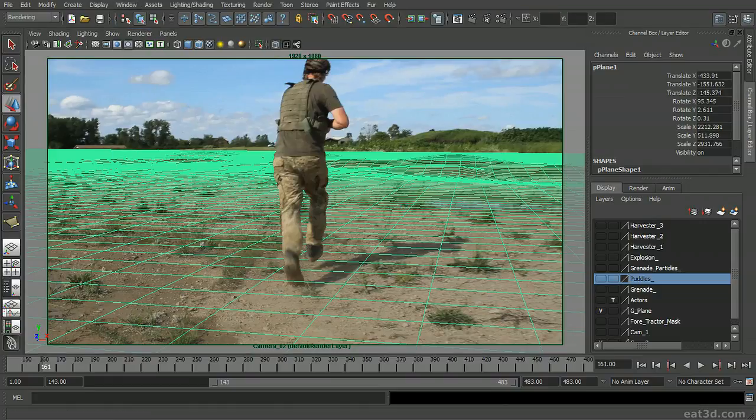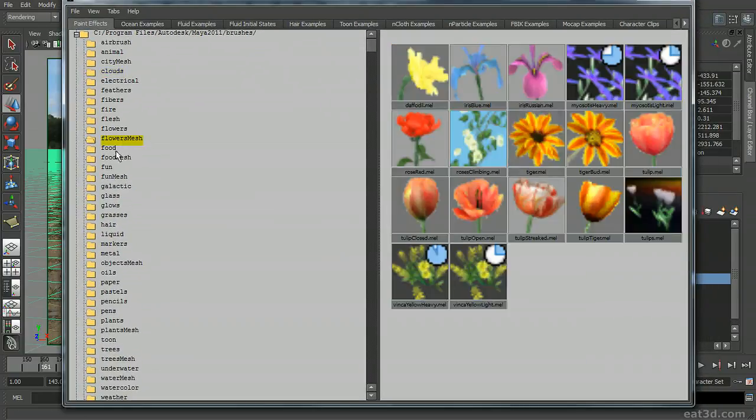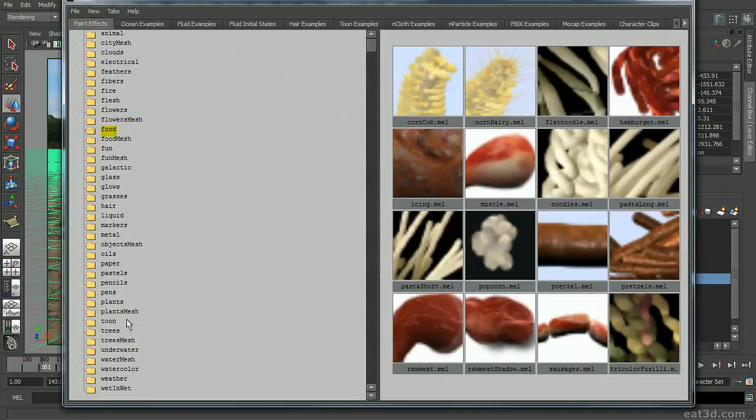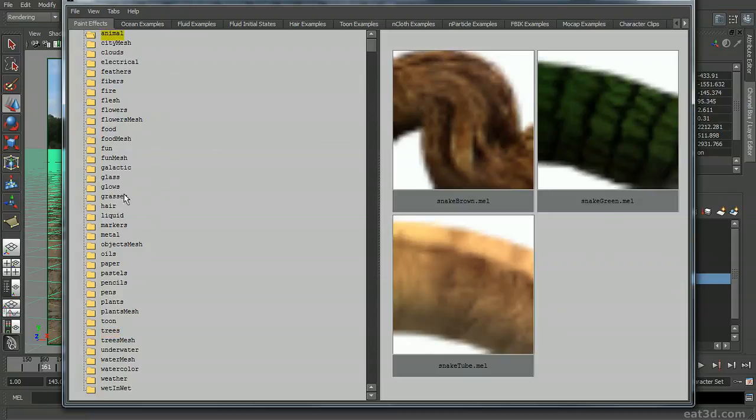Give that a minute to load up. Visor has a ton of things in here, from clouds to flowers to food. What we're looking for is mostly trees and shrubs and so forth. So if you can see right here, trees are really nice if you have a tree or something like that. But there's other things in here, like for instance, if we want to jump into grasses, this is what